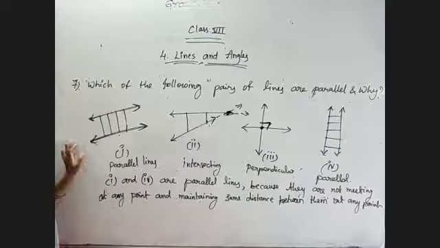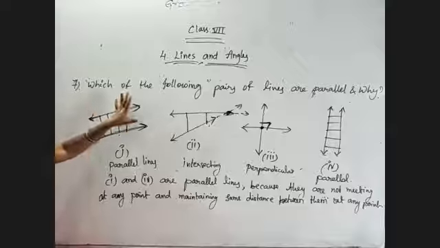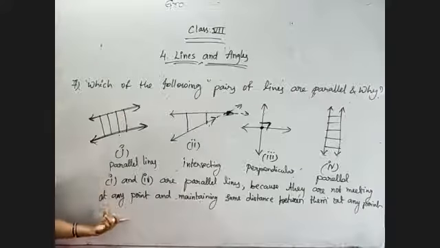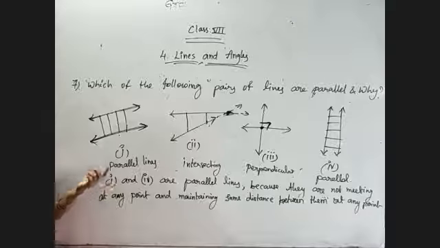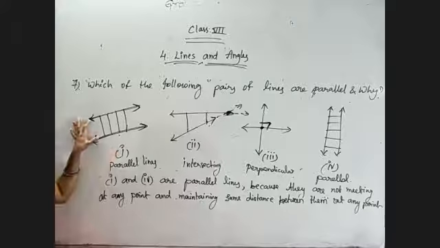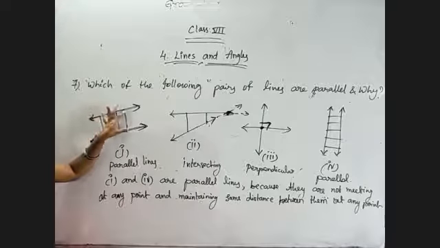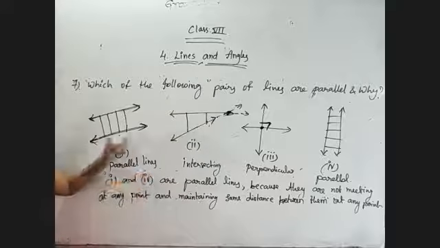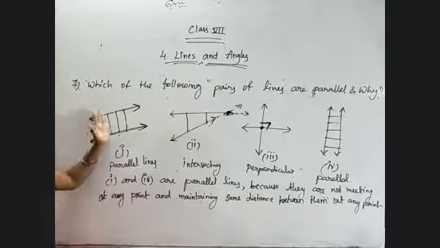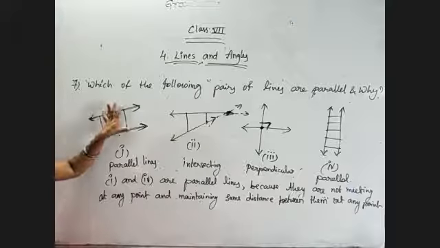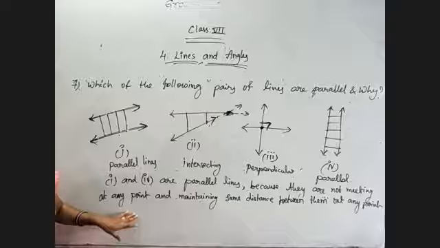So I hope you understood why they are asking to check which are the parallel lines. So what is the definition of a parallel line? That is the only reason to select which are parallel lines. Here 1 and 4 are the parallel lines because what is the definition of parallel? They should not meet at any point and they must maintain equal distance at any point between them. Now, they are not meeting at any point and always keep the same distance between them at any point. Yes or no? So that's why 1 and 4 are parallel lines.